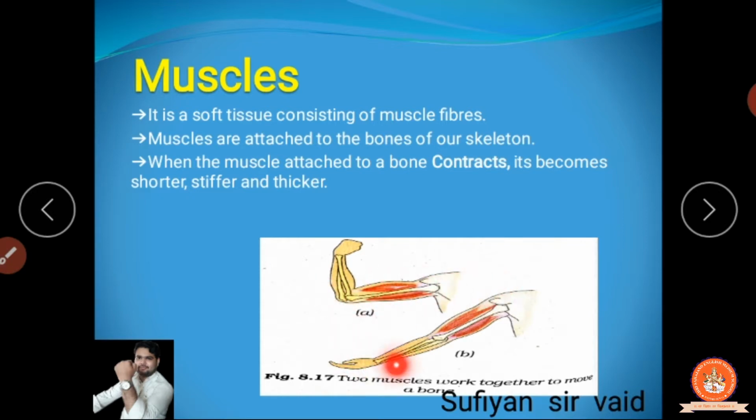Now when the arm is in the straight form, the upper portion is in the relaxed form, so the lower portion is in the contracted form. So when your hand is in relaxed form, you can see that the below portion of your arm, this side, clear, वो थोड़ा बड़ा हो जाएगा ऊपर के कंपेयर में. Why? Because of the muscles in the body.